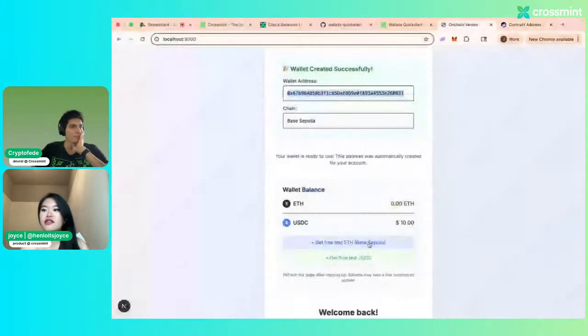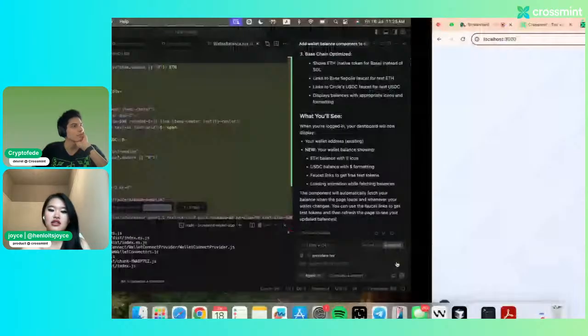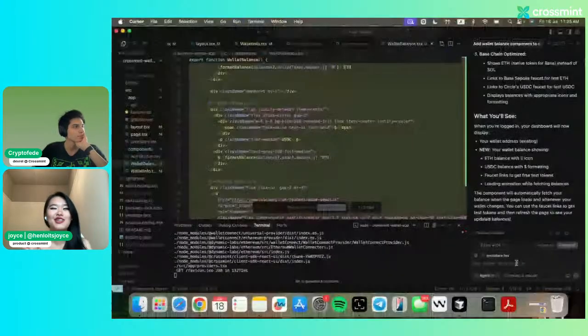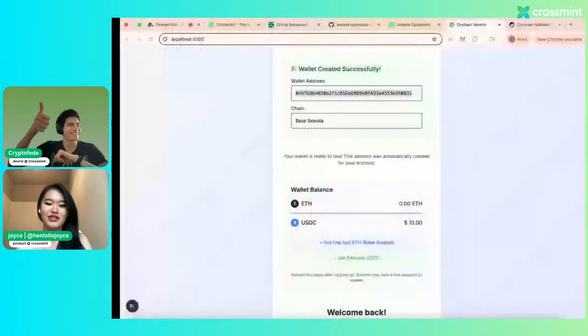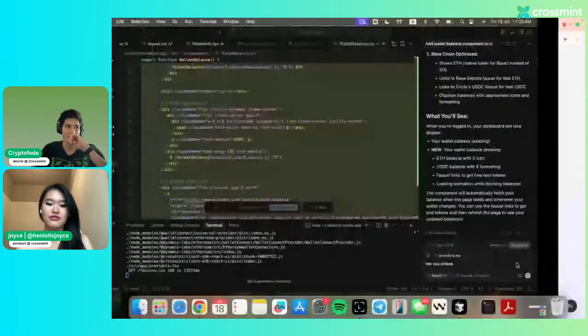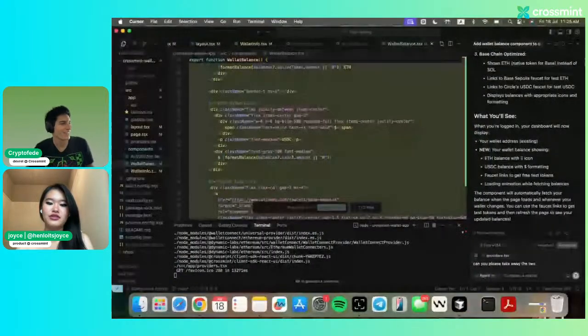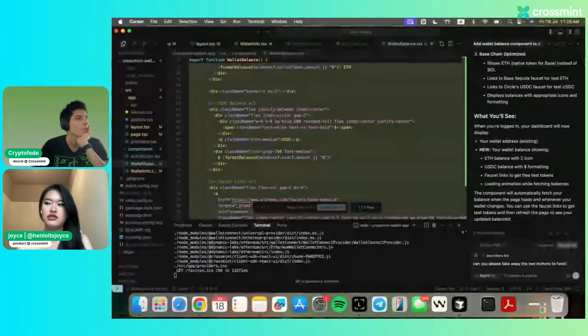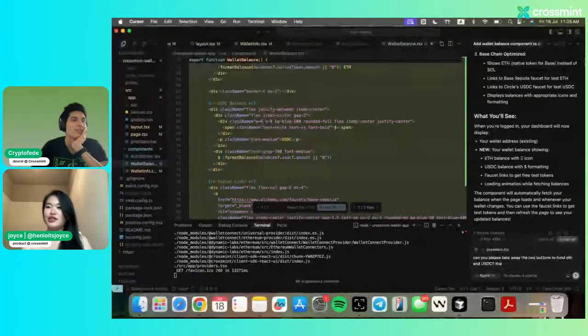I'm going to take away these two buttons. I'm just going to say, can you please, and I always say please and thank you to my AIs because you never know, take away the two buttons to fund ETH and USDC. While you do that a little bit,